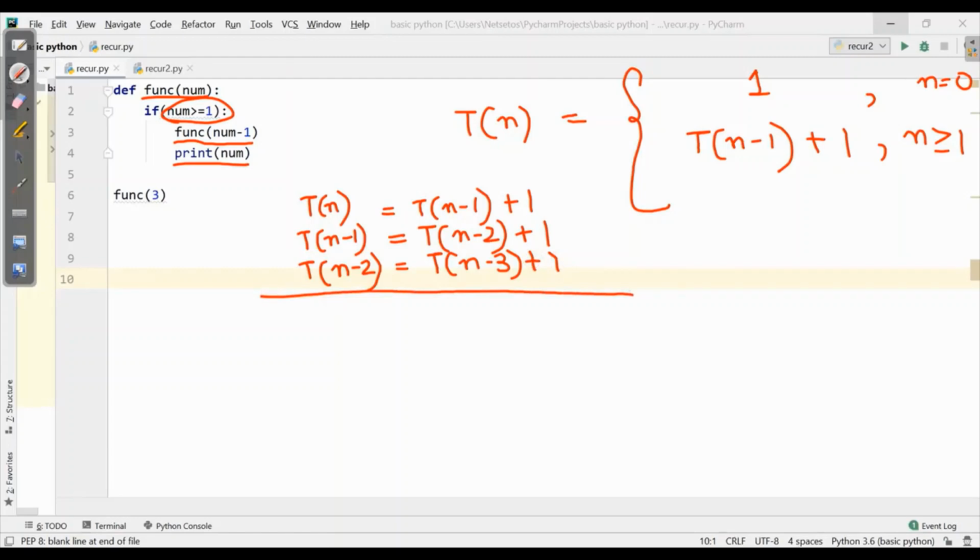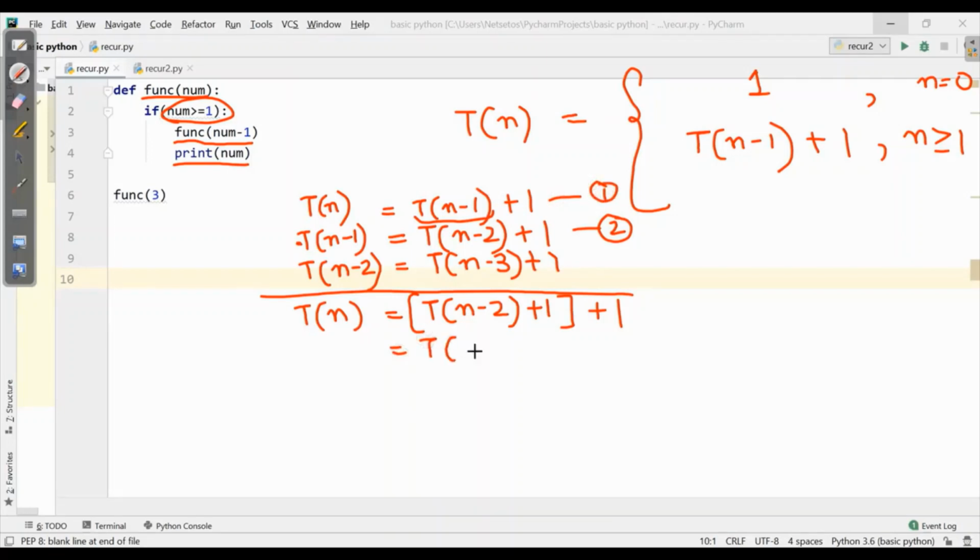Now we'll be using the back substitution method. Instead of Tn minus 1, I can write Tn minus 2 plus 1. I'll substitute this in the first equation. So instead of this Tn, I'll write Tn minus 2 plus 1, as I have substituted the second in the first equation.